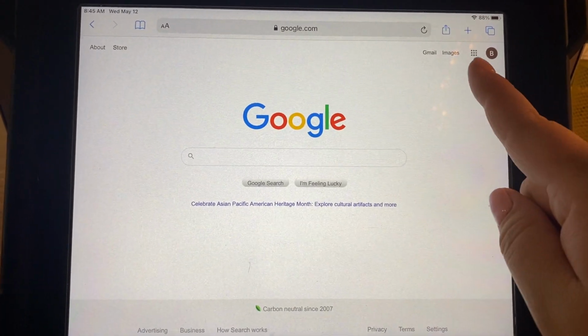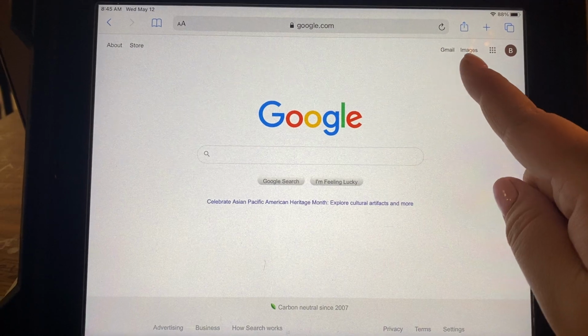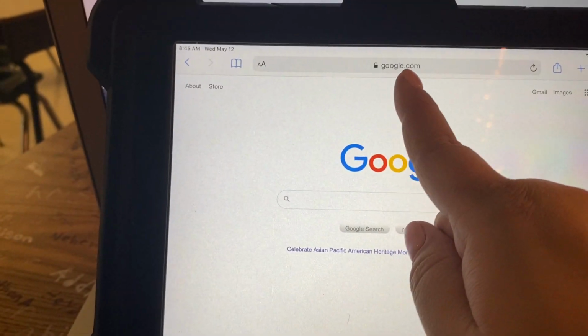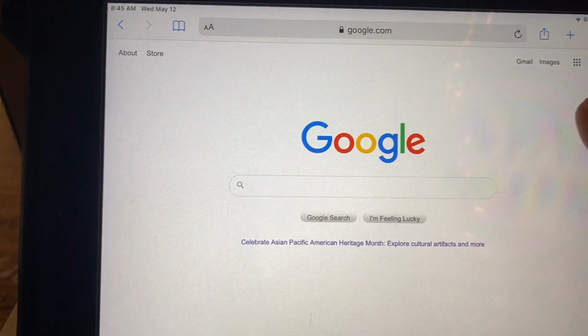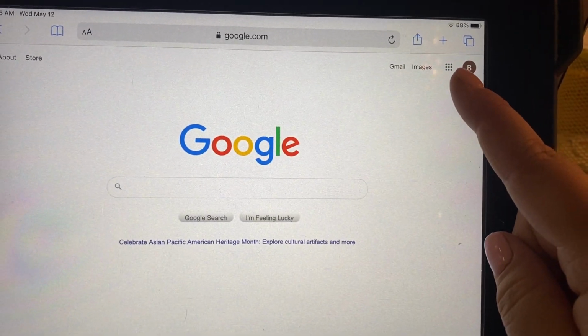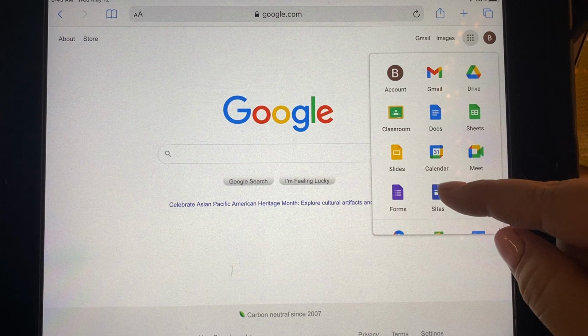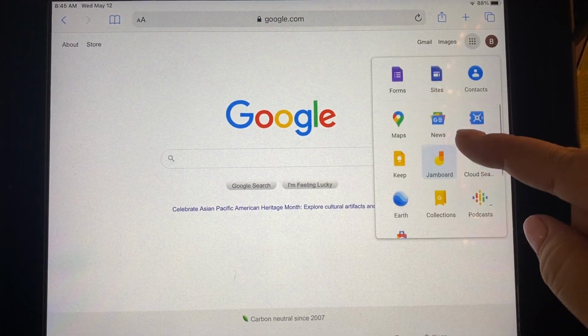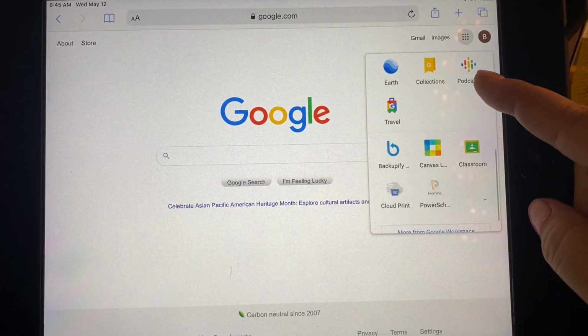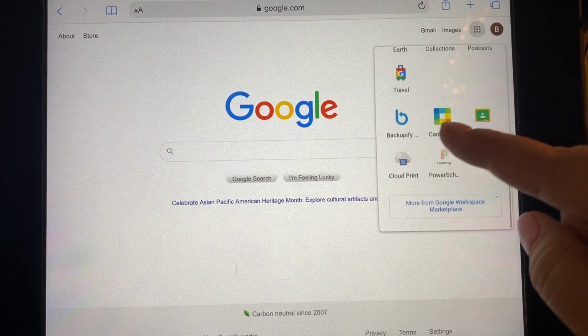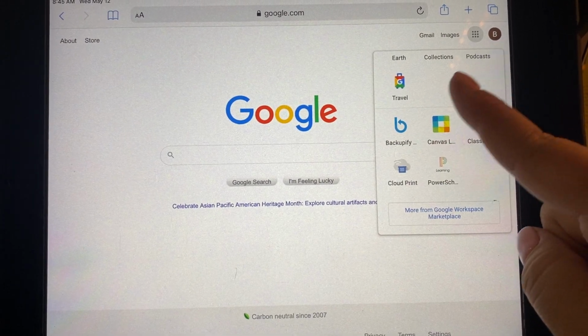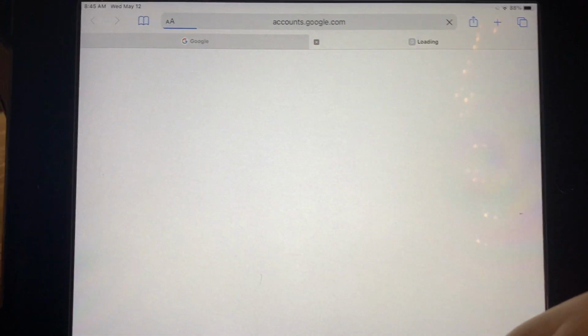All right, and up at the top, you should see Gmail, images, and if it doesn't come up to Google, just go to google.com. You should see Gmail, images, and then we call this the waffle. You're gonna click on the waffle, and as long as you're logged into Google already, you should see all these options. When you scroll down, we can find this one that says Canvas. You're gonna click on Canvas,